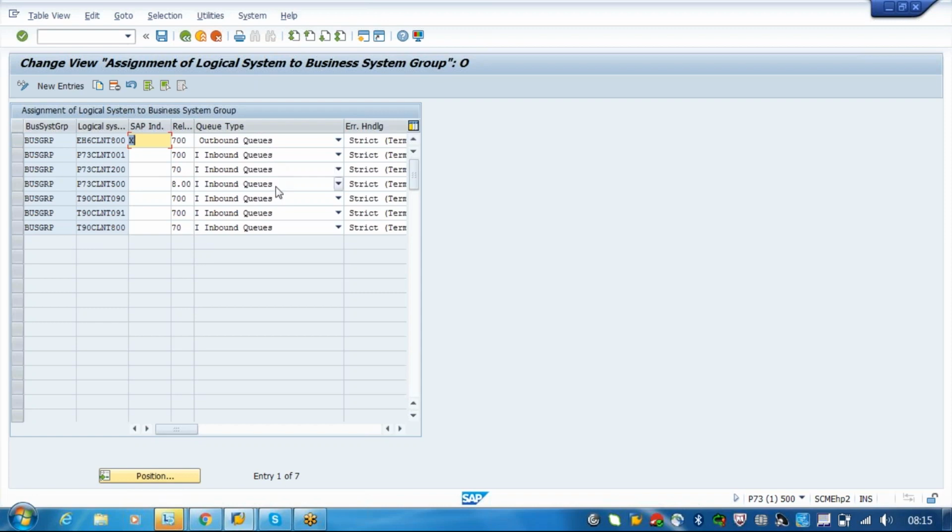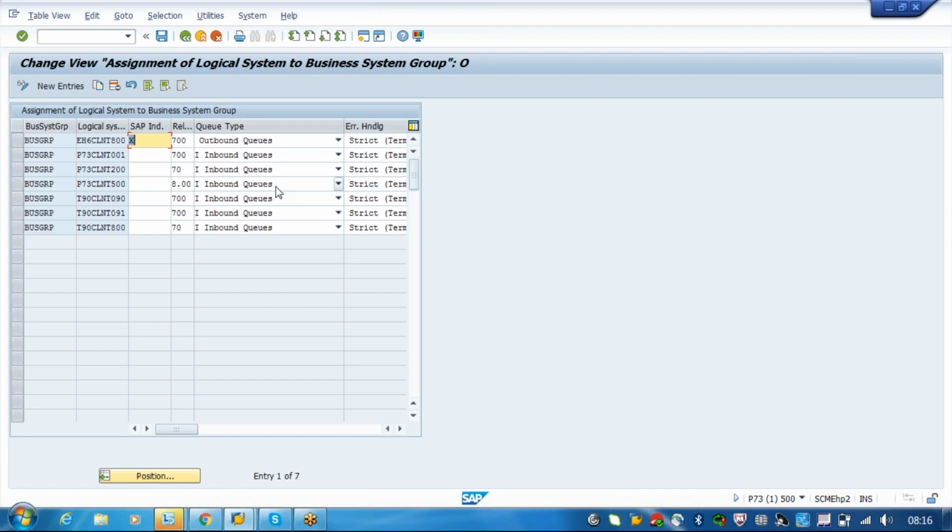We will be having TRFC and QRFC. QRFC is queued RFC and TRFC is transactional RFC. Normally TRFC was used in olden days, in previous versions, but now it is QRFC. For example, if the TM server is down or not able to receive the data, what will happen? You may have sent a lot of data from the feeder system using a batch, but the feeder system is not having the queue. So when the TM system is not able to receive the data, it will fail at the RFC level.